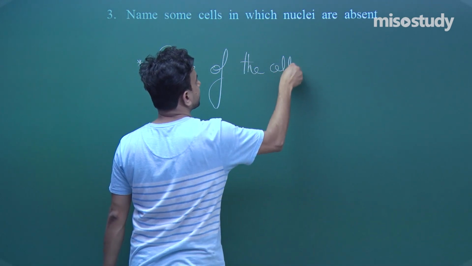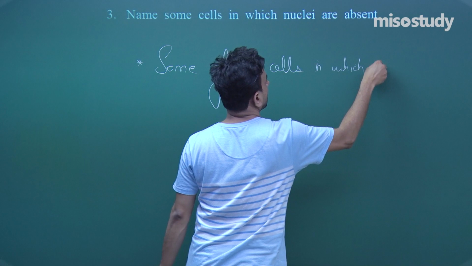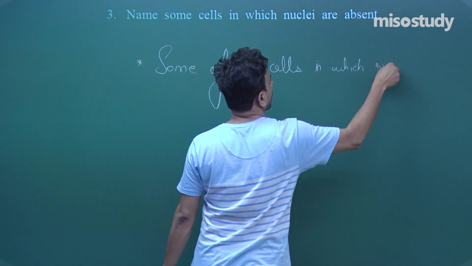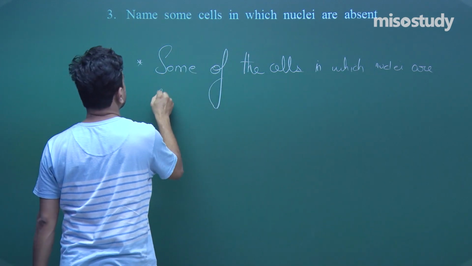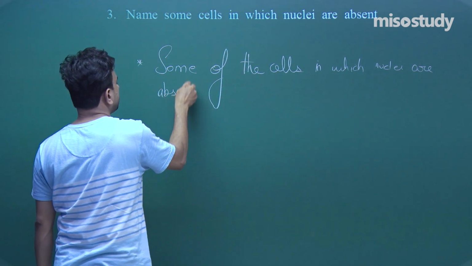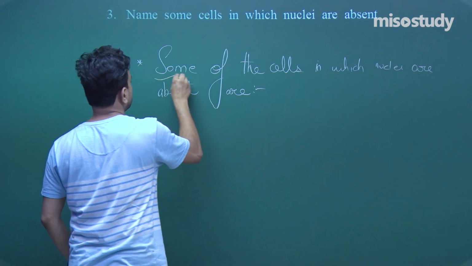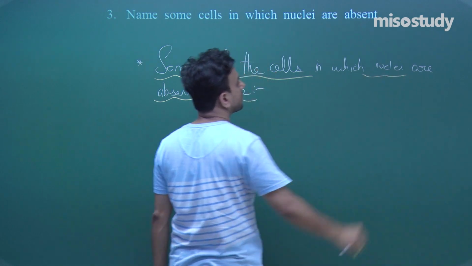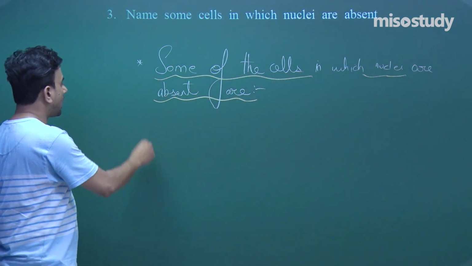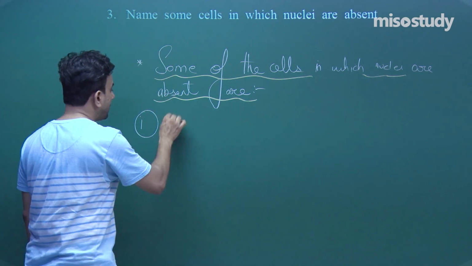So some of the cells in which nuclei are absent are number 1, the mammalian RBC, right, the mammalian RBC,